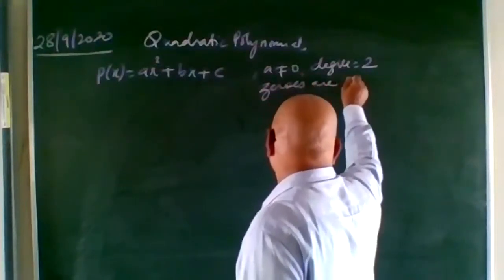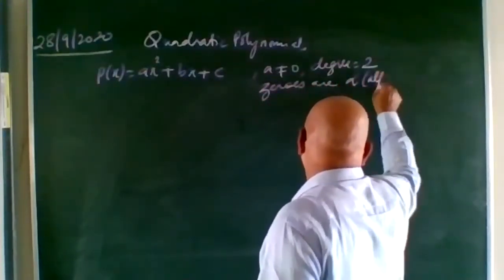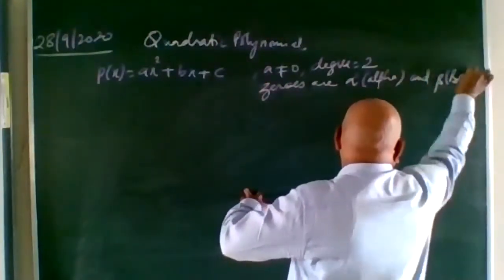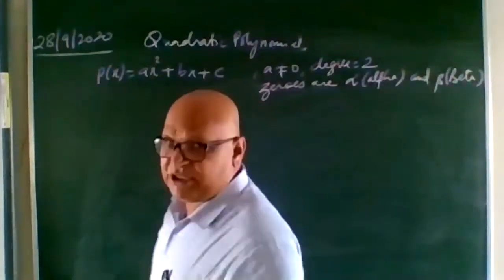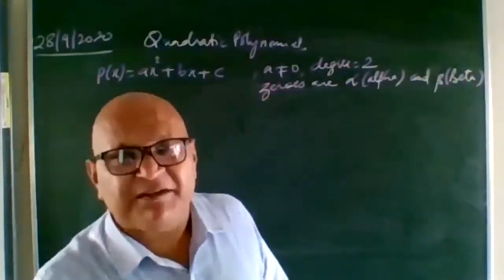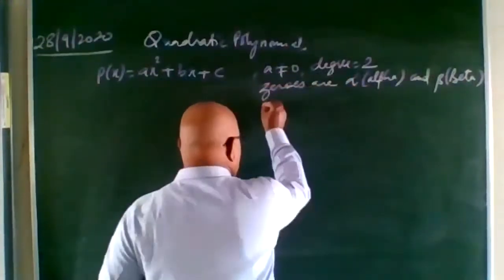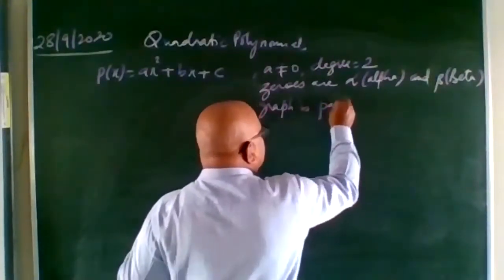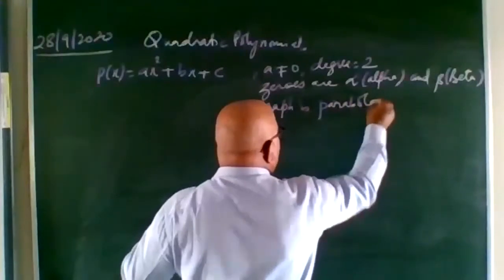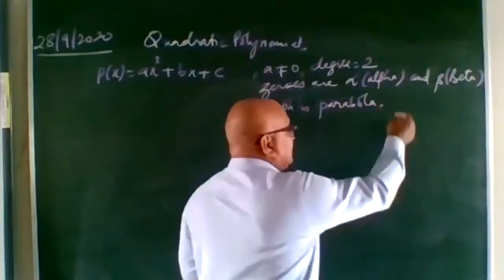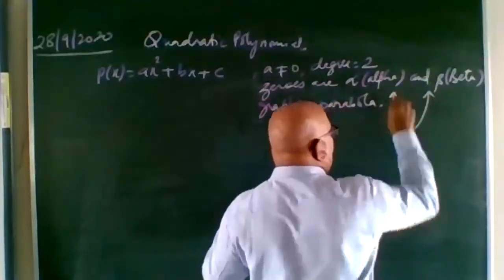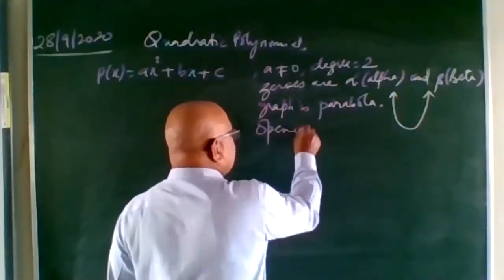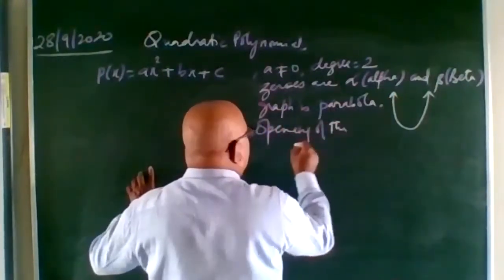Zeros are alpha and beta. Graph shape is parabola. The opening of the parabola is a shape like this. Now, the opening of the parabola